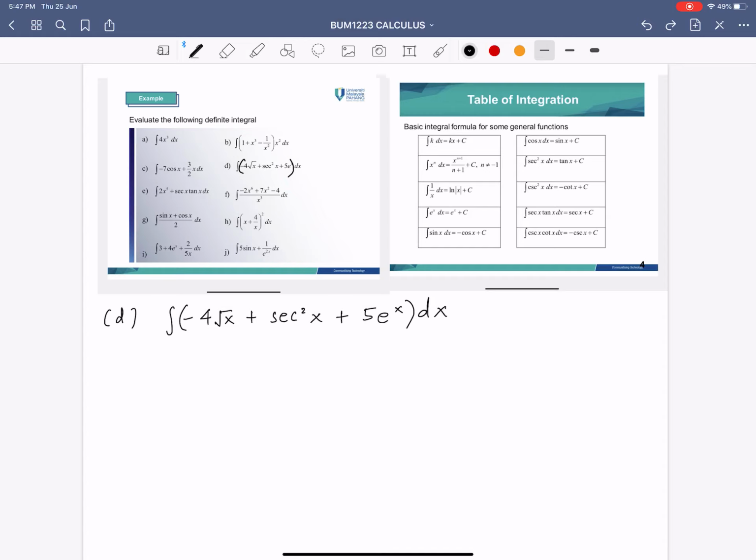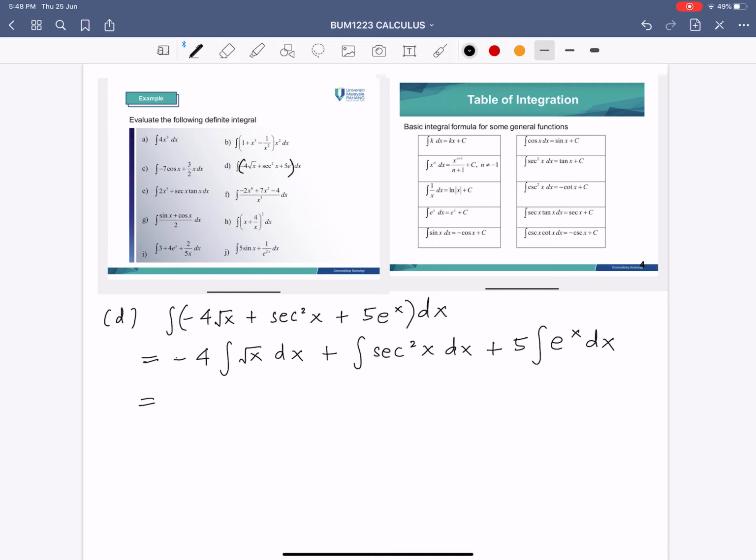Alright, so now if we apply the sum rule of integration, actually we want to apply all the basic properties of integration, where this can be rewritten as negative 4 integration of root x dx plus integration secant square x dx plus 5, okay, we factor out the constant, integration e power of x dx, where this is